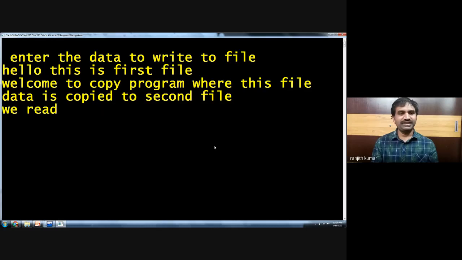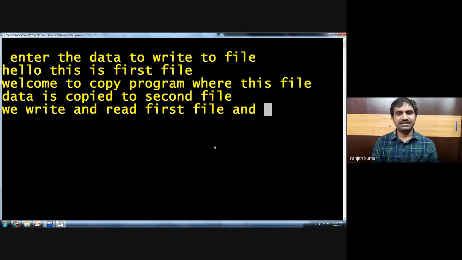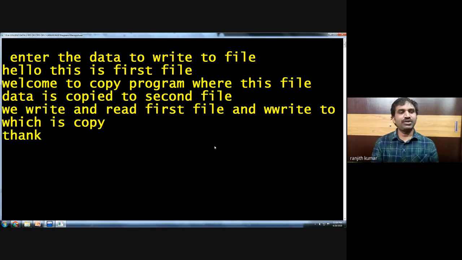First we write, and read the first file and write to the second file, which is copy. Thank you everyone. That is copy program.